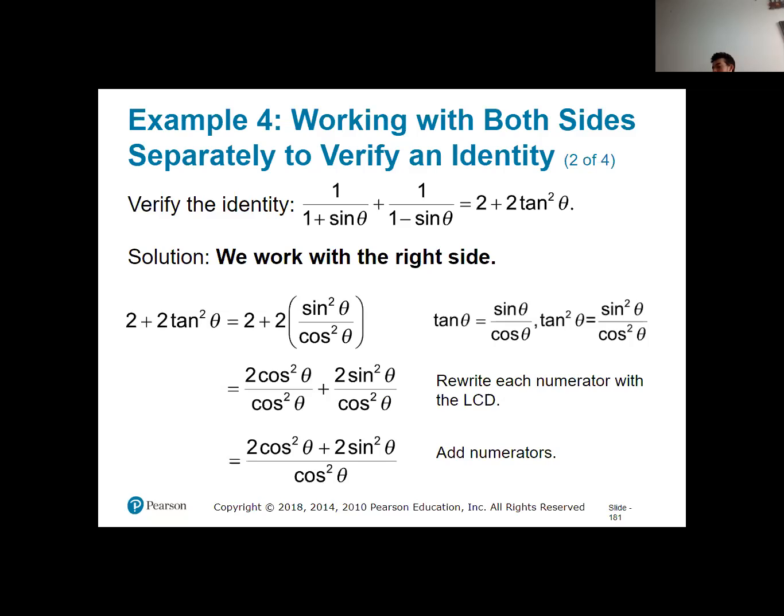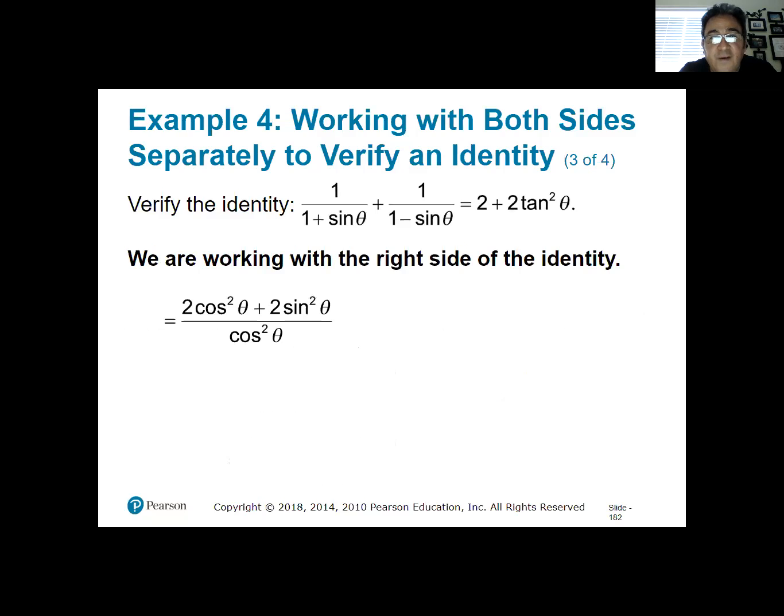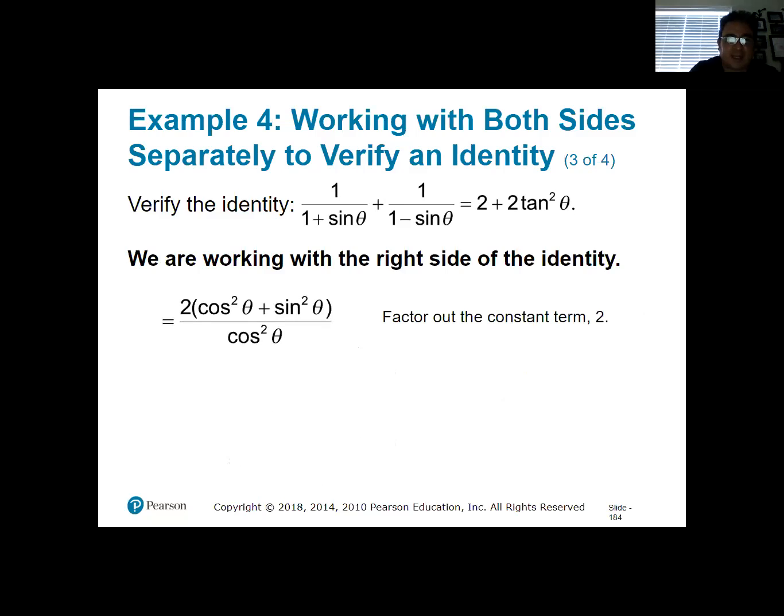And now you can see what's going to happen. I have those 2 2's in the numerator, right, as part of separate terms. So what can I do with those 2 2's? I can factor them. I can factor out the 2's, right? So if I factor out the 2's, I get 2 times cosine squared theta plus sine squared theta,